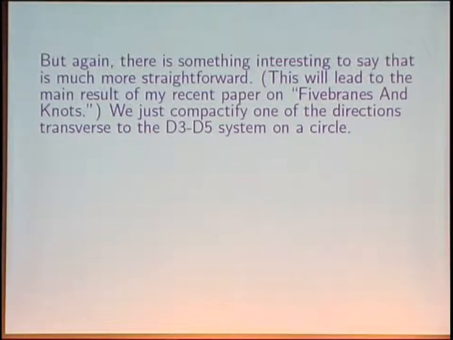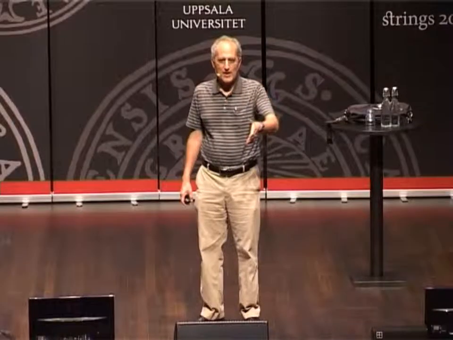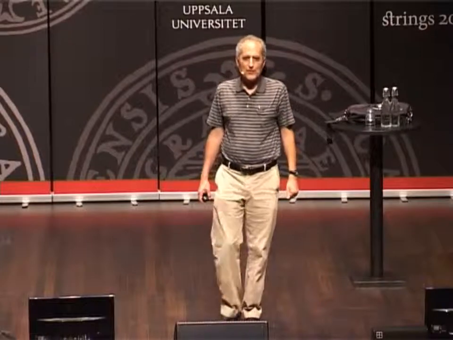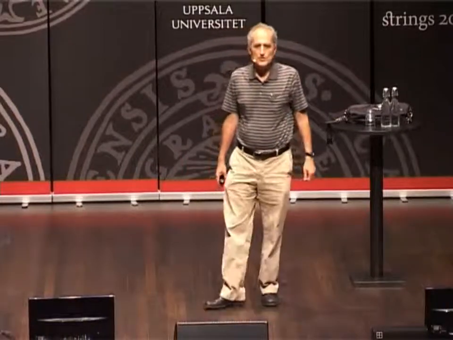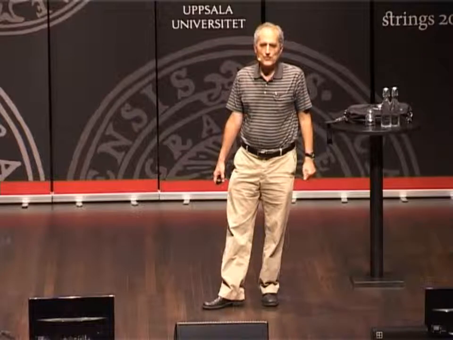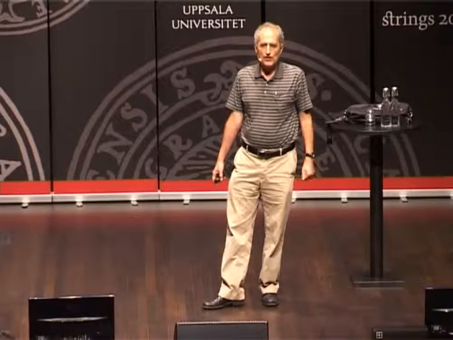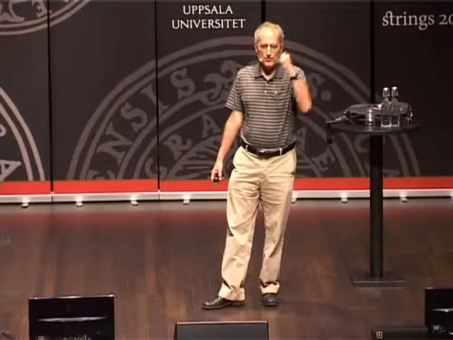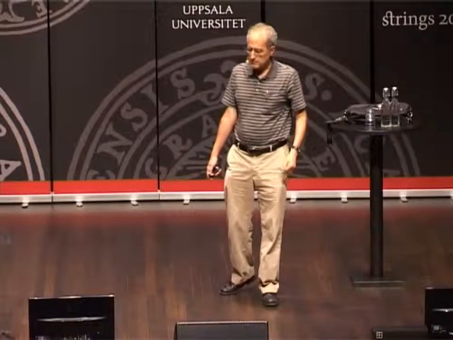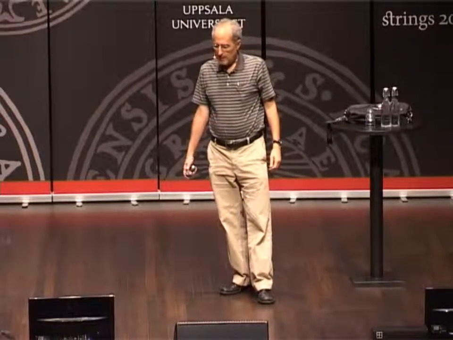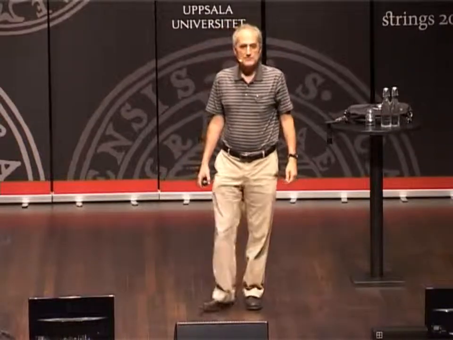All we're going to do is we compactify one of the directions that we haven't talked about on a circle. In other words, the D3 branes were 4-dimensional, but if you add in the D5 branes, the picture I drew before was really 7-dimensional, leaving 3 dimensions of string theory that played no role in the discussion. So we take now one of them to be a circle. And then we apply T-duality.